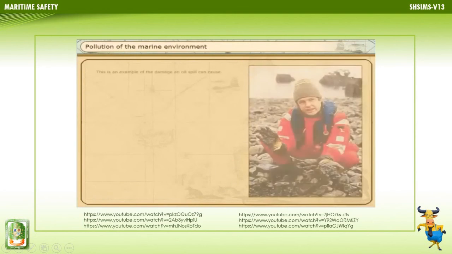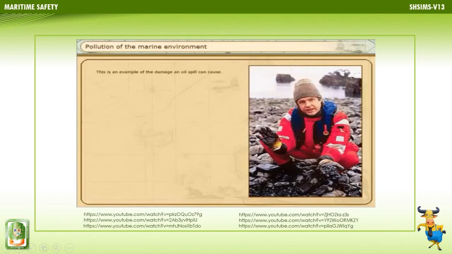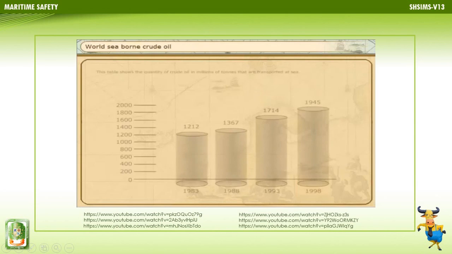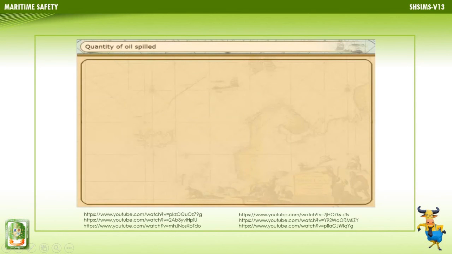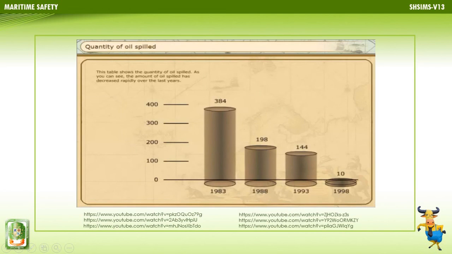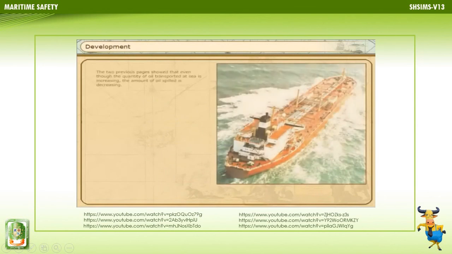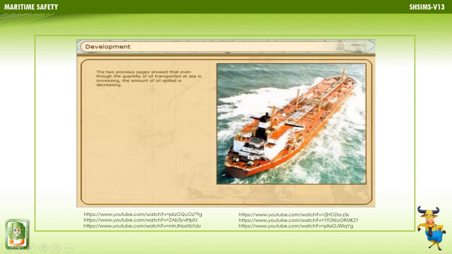This is an example of the damage an oil spill can cause. This table shows the quantity of crude oil in millions of tons that are transported at sea. This quantity increases each year. This table shows the quantity of oil spilled. As you can see, the amount of oil spilled has decreased rapidly the last years. The two previous pages show that even though the quantity of oil transported at sea is increasing, the amount of